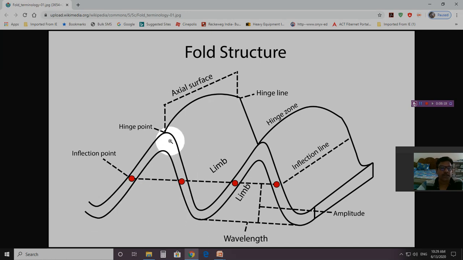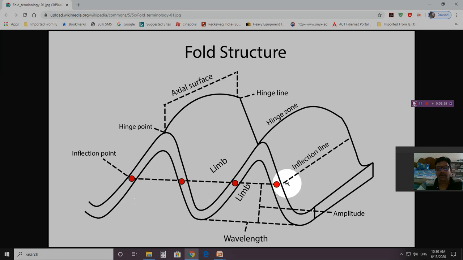This is the slope. So the slope is known as limb. You look here, he has given the limb. The slope is known as limb. This is one more limb, this is one more limb, this is one more limb. Okay, this portion where the fold top, you can call mountain top, forget fold, is known as axial surface. And the same axial surface, this line is known as hinge line. You need not worry about that. Like any other wave, this is also considered as wave and known as amplitude.